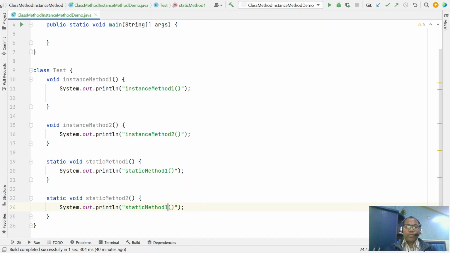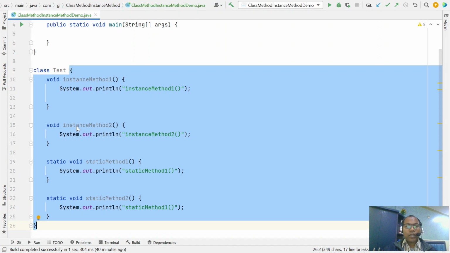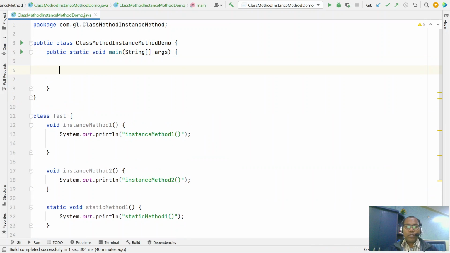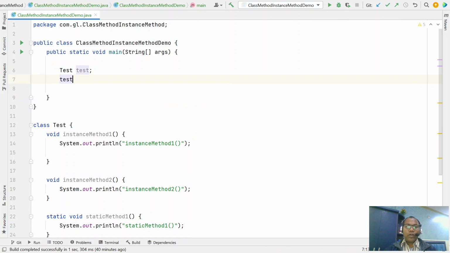Now in Java, whenever you're writing any class and method, how can we access this method? Generally we need a Test class reference, and then Test dot, you can invoke any method.